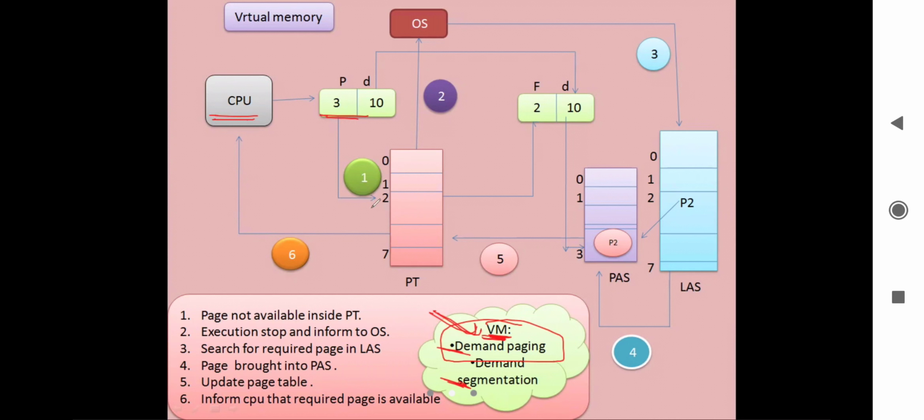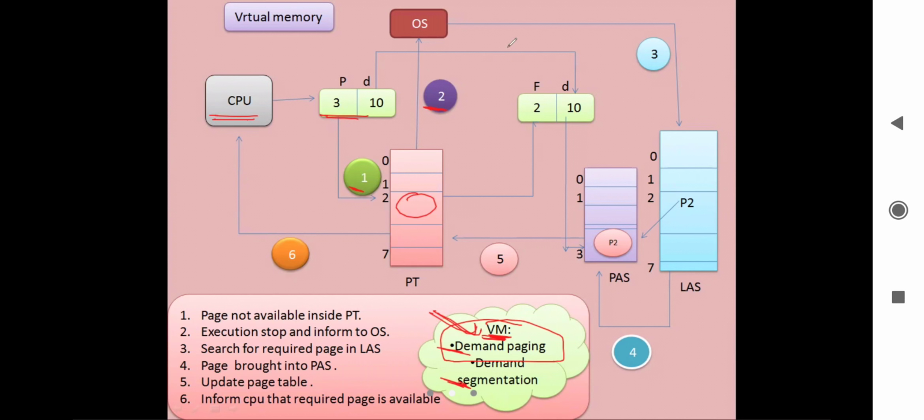So the first step is we look for the required page in the page table, and if that page is missing, then it will inform the operating system. Second step, it informs the operating system that the required page is not available inside the main memory.